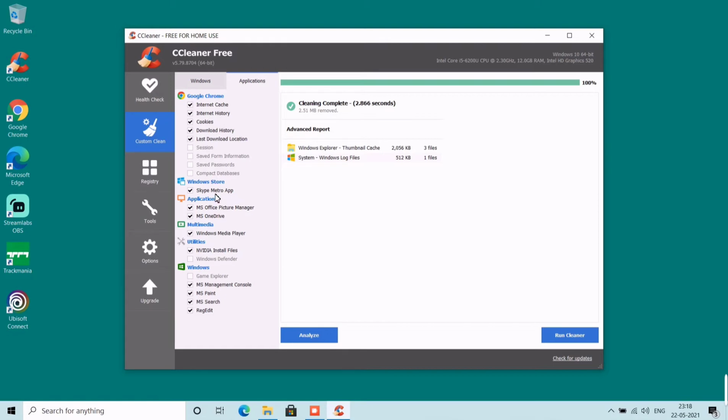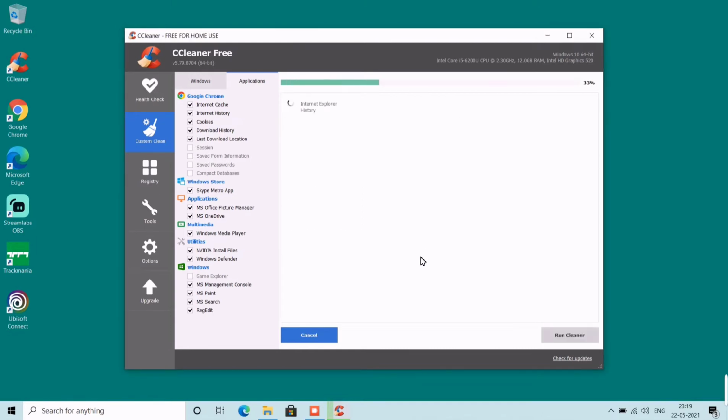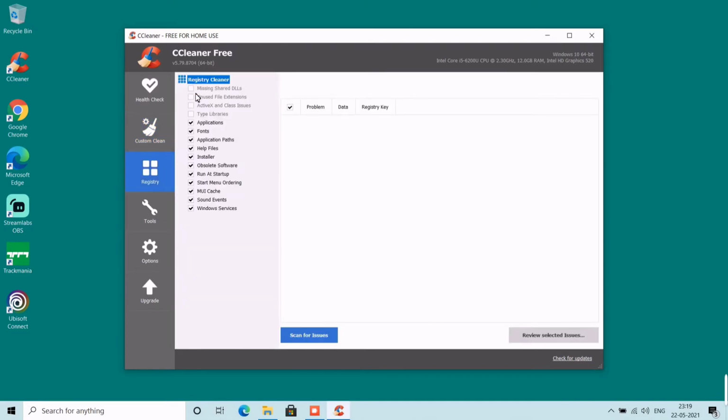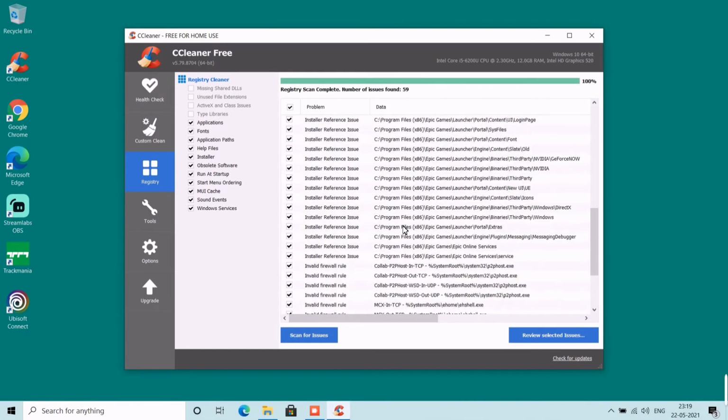Whatever options you selected here, they are permanent or persistent. Like, you close CCleaner and open it again, the selection will be the same. You need not select again and again. Custom clean is the main one. It clears all the junk files in your system and the browser unwanted history files and everything will be deleted here itself. In the paid version, we have an option to restore in case you deleted something accidentally in custom clean. You can also manage some of the registry options listed here.